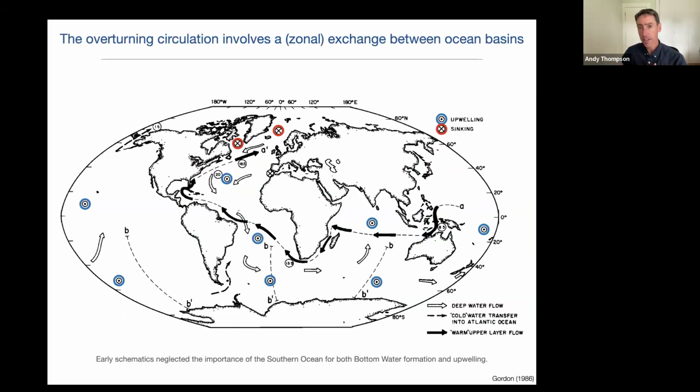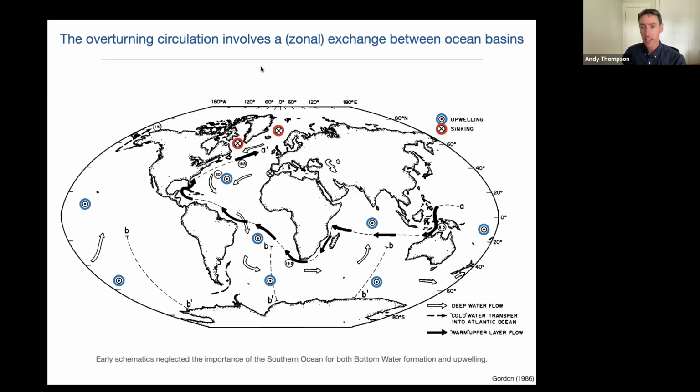But now I want to spend a few minutes going through a little bit of the history of our understanding of the overturning circulation. What I'm showing here is a classic figure by Arnold Gordon from a paper in 1986. This was some early work that Arnold was doing with Wally Broecker at the time that also led to the very popular conveyor belt schematic that most people will be familiar with. And I just want to point out that even at this early period, it was very strongly appreciated that the overturning was a three-dimensional picture.